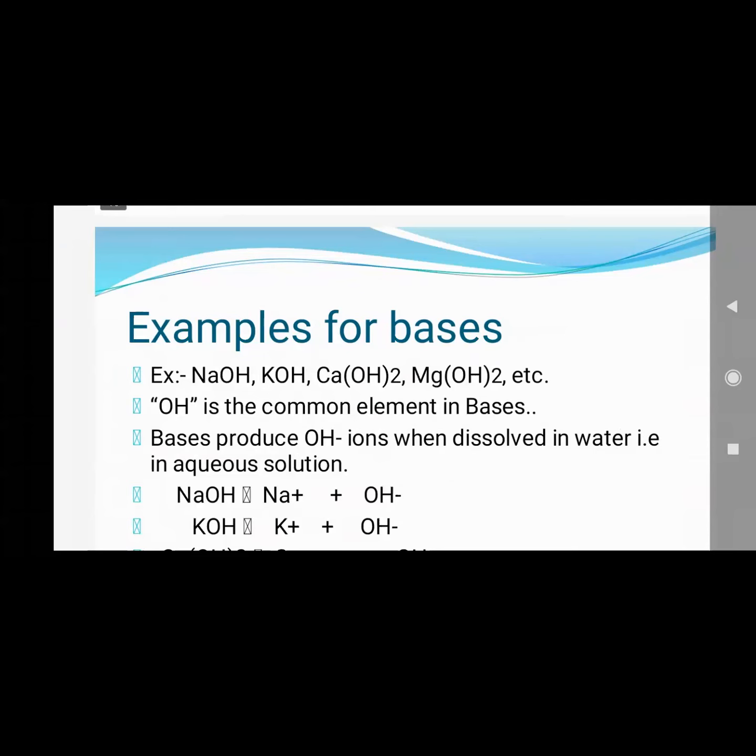Fourth example, Mg(OH)2. The 2 should come below, the OH should be in brackets. Note down this. Mg(OH)2 is magnesium hydroxide. Note down, very important point. Magnesium hydroxide. It is also called milk of magnesia, because today's topic is related to this formula and chemical, student. Mg(OH)2 chemical name is magnesium hydroxide,